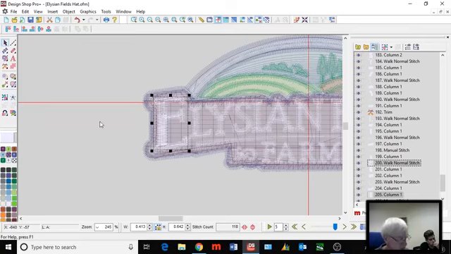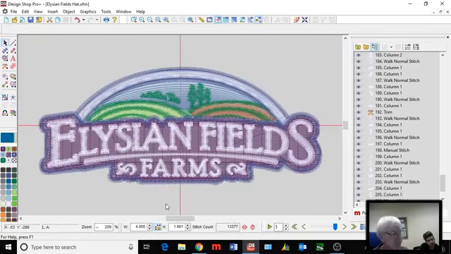This one's pretty simple to understand. One caveat with that one is that it only works with fills, be they vector or complex. But if you have change element type, you can make a complex fill out of something if you need to knock it out, but leave it, like if I wanted the E and I wanted